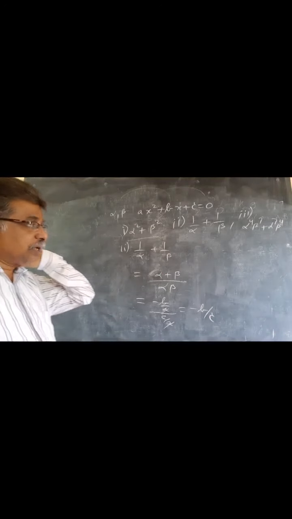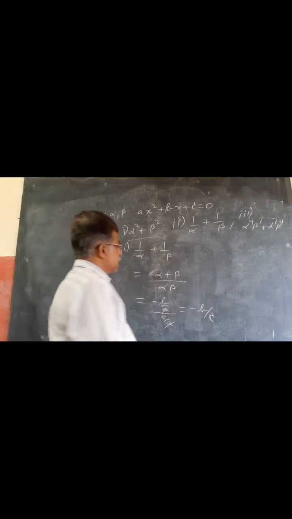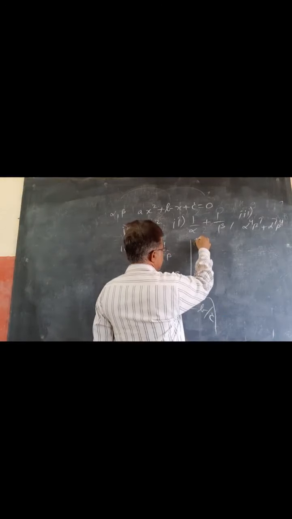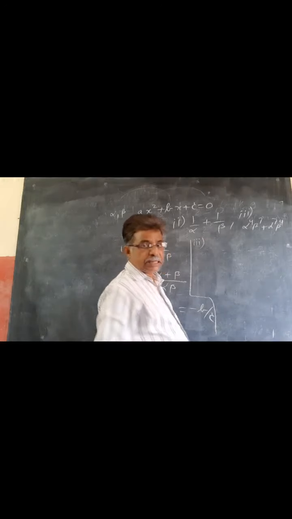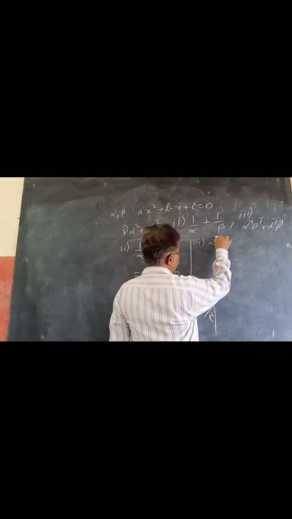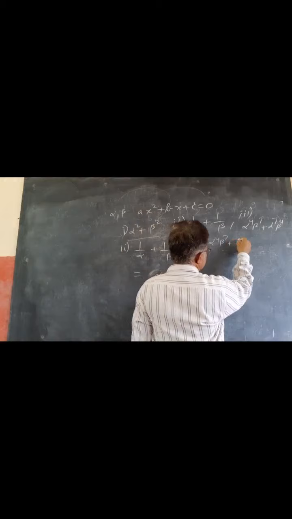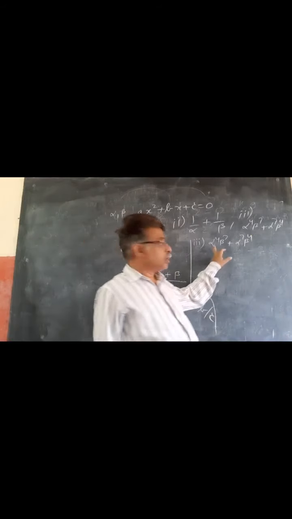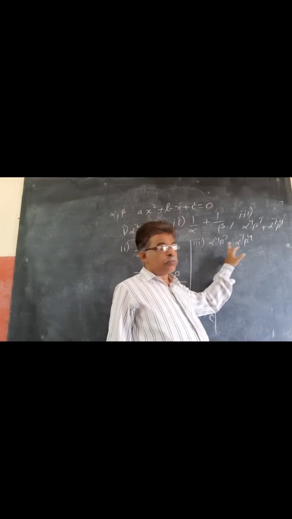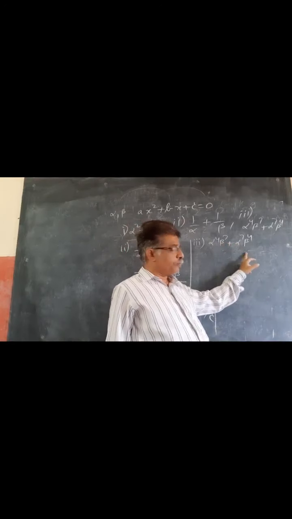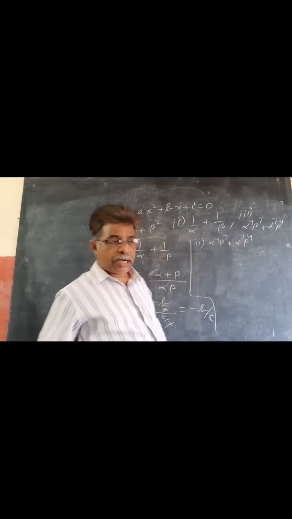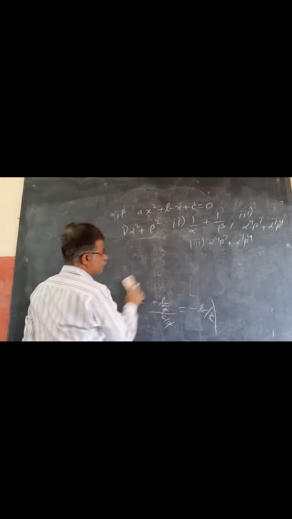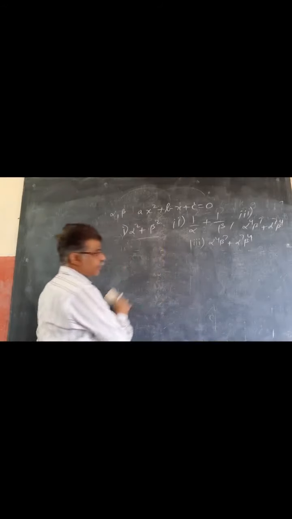Like the same we can solve the third bit also very simply. He is asking about alpha power 4 beta power 7 plus alpha power 7 beta power 4. If you observe both, we can take alpha cube beta cube, alpha power 4 beta power 4 common. We can take alpha power 4 plus beta power 4 common from both. Then we can simplify very easily.